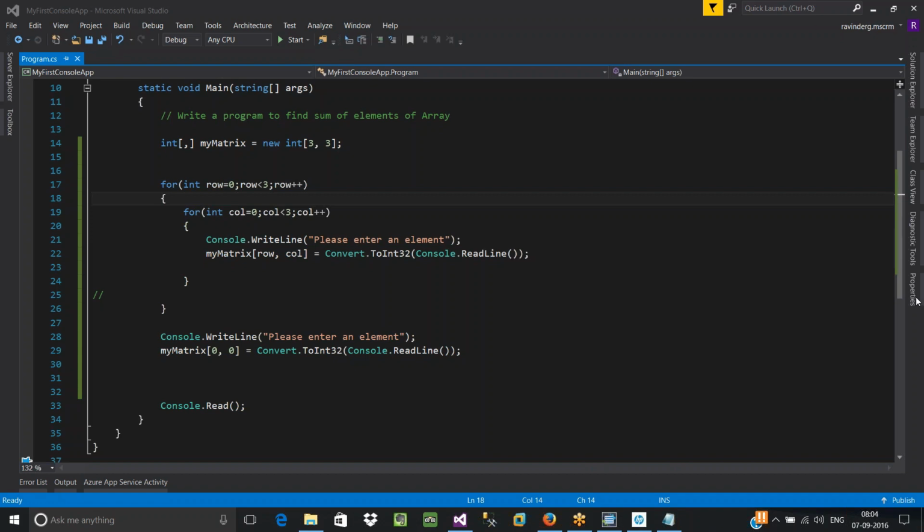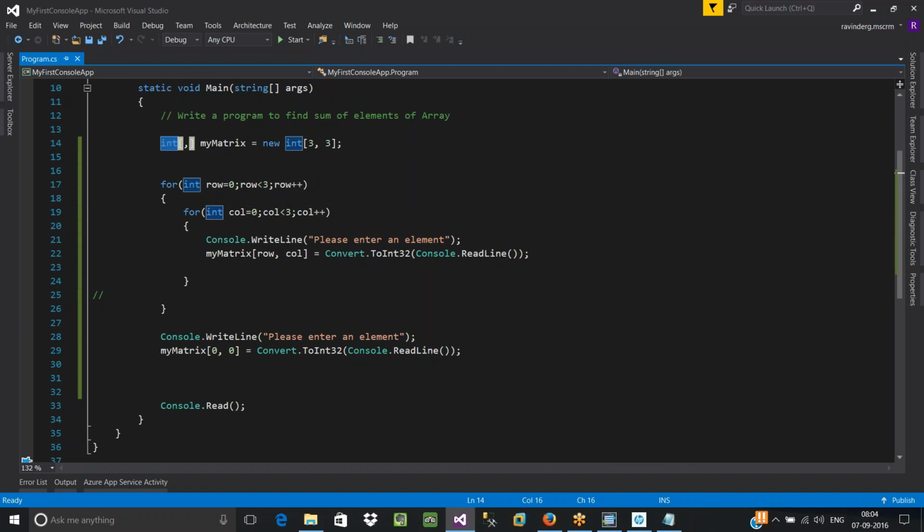So Aravind, you're asking something about string. Yeah, in case of accepting the names, I got a question. In that case, you need to define your array as string. Yeah, I did that, but I got some errors, so I'll just mail you the code. Just send it to me.